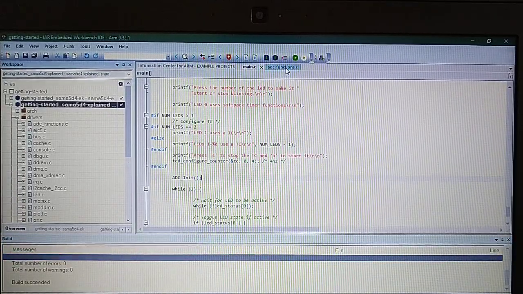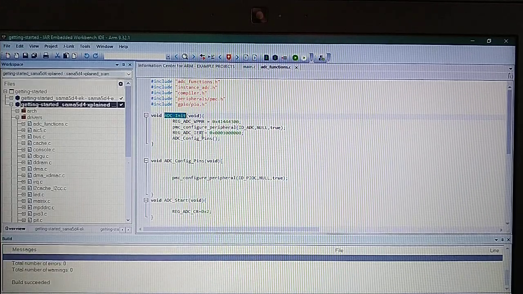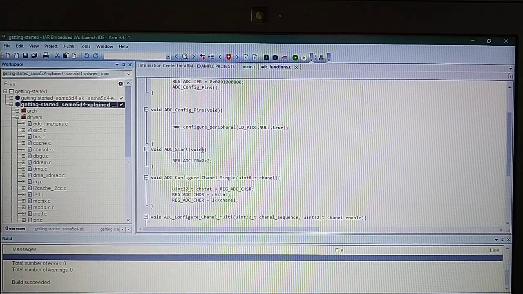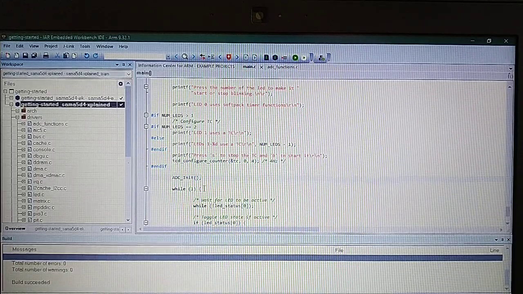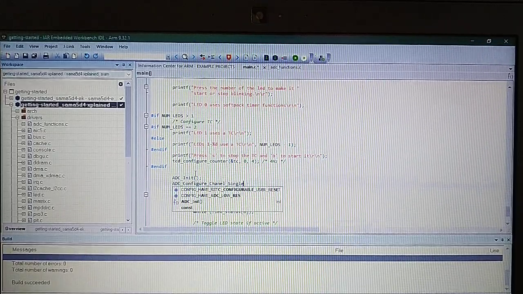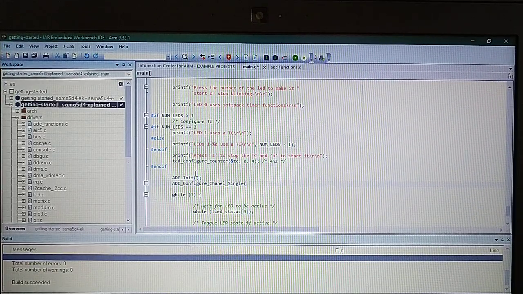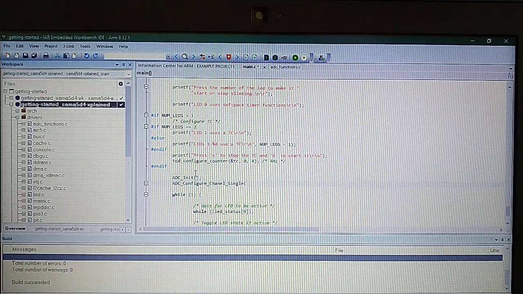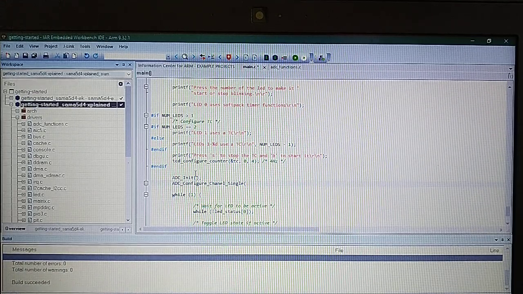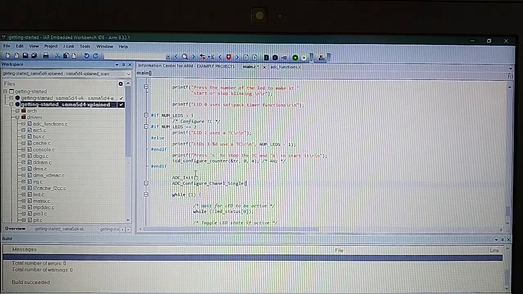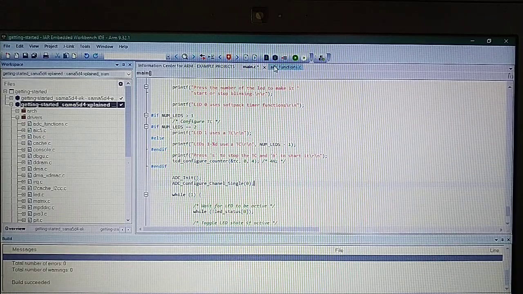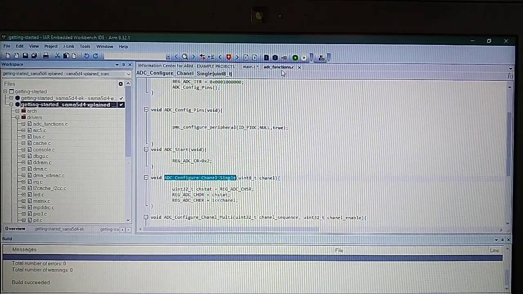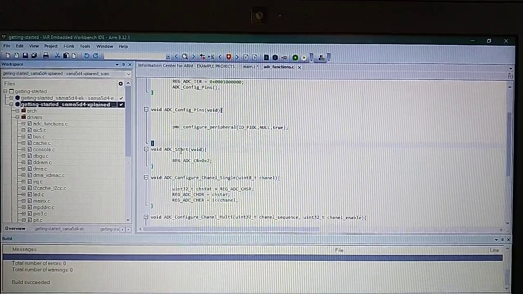Now going back to adding the ADC. So we got the init and now let's configure a channel. So below the init, let's configure channel 0. For this board you can select a total of 5 channels from 0 to 4. So let's select 0. Okay. And now in the